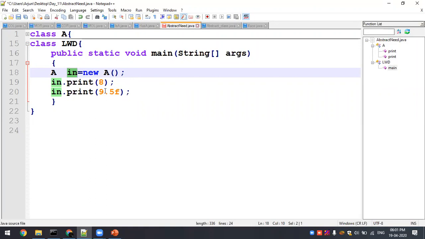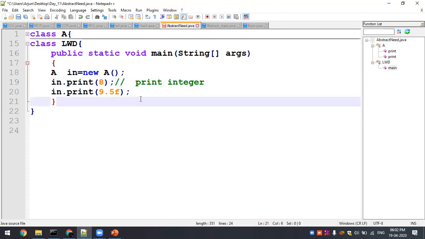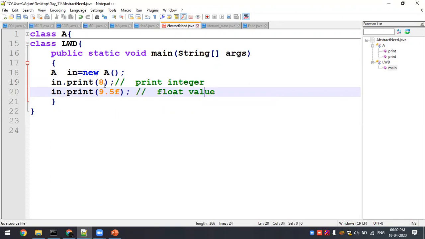In a similar way, this is printing an integer, right? Now I'm going to print a float value. These two are different data types, right? Yes or no? Print is the same method. This is going to print an integer value. Here this is going to print a float value, right? So this printf function is the same, but it is sending an argument. Argument is nothing but sending an input value. So the type definition is different, right?